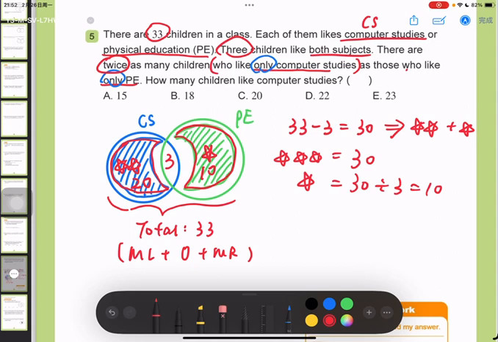But is 20 the final answer? Take a look at the question. It wants us to find how many children like computer studies, but we will find 20 is the students who only like computer science. Do not forget, there are another 3 in the overlapped part. So lastly, we should add the 3, which equals 23. So that should be the whole blue circle. Okay, so the answer should be